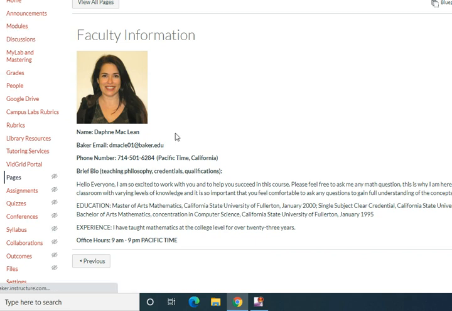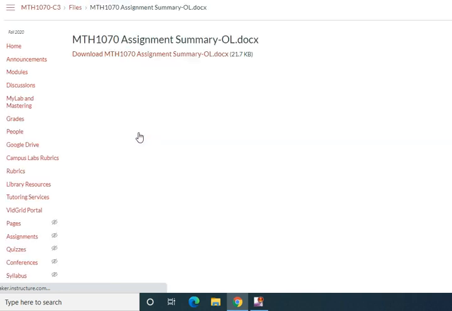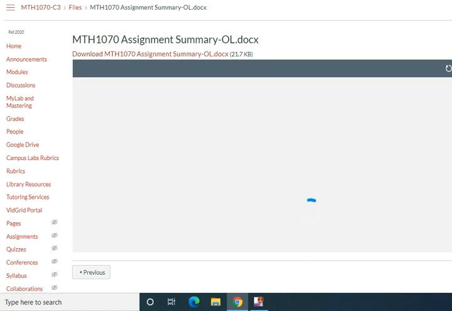Okay, well, when you get to modules, when it finally shows up, I'd like you to go to assignment summary. Here we go, assignment summary. This is so important. I print it out because it has what we're doing through the week. It has all the assignments and when they're due. This will help because we can't allow late work. Now, I will allow one freebie, because life happens. But life doesn't happen all the time. So only one time will I extend something for you.